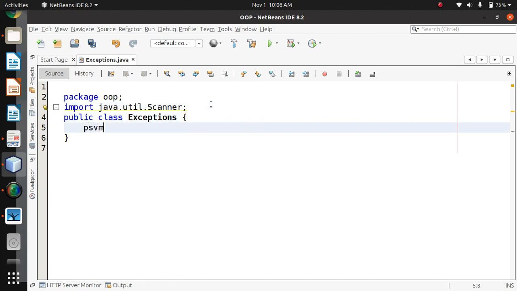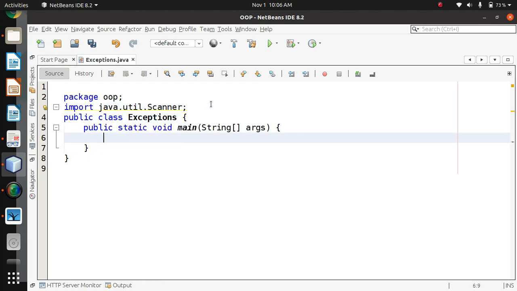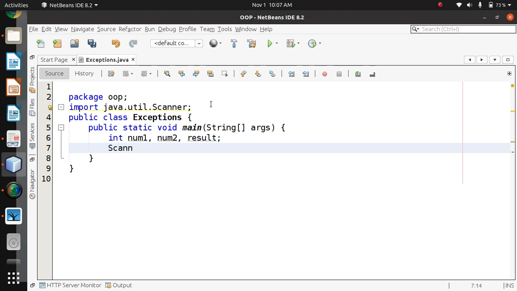In our main we'll declare two numbers, num1 and num2. One more variable, result, will store the result. To take the input, we have to create an object of the Scanner class.